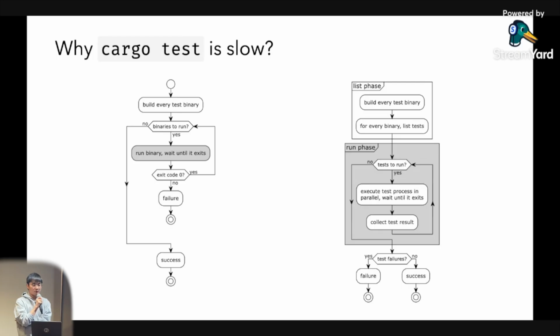In the run phase, it executes tests as processes in parallel, across the binaries and across the processes. So you can tell that with this execution model, we gain a lot of concurrency compared to the cargo default test model. So it seems like we can blindly adopt this cargo nextest tool in our project, but